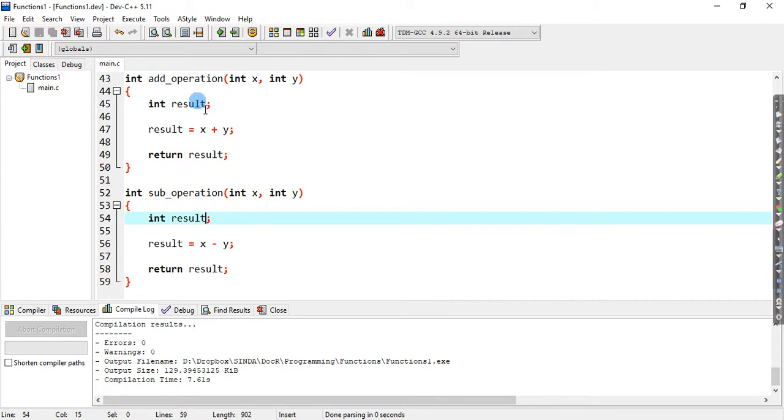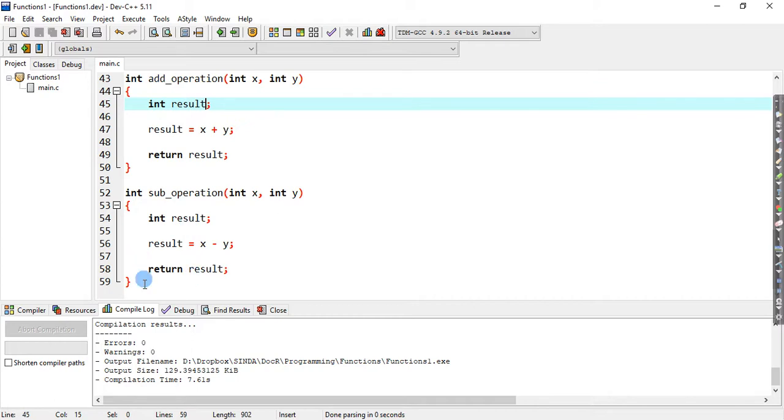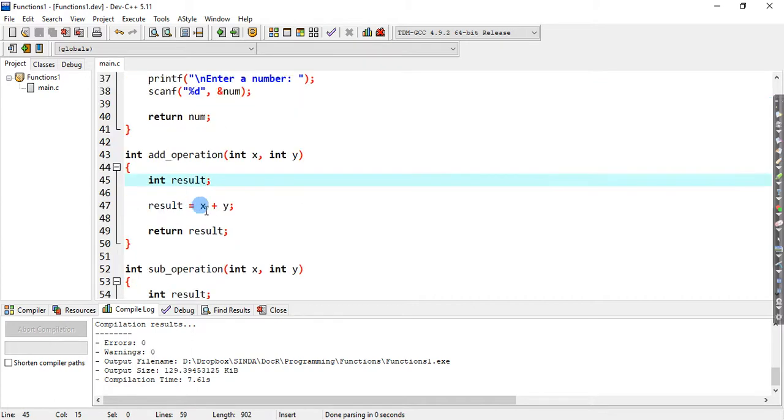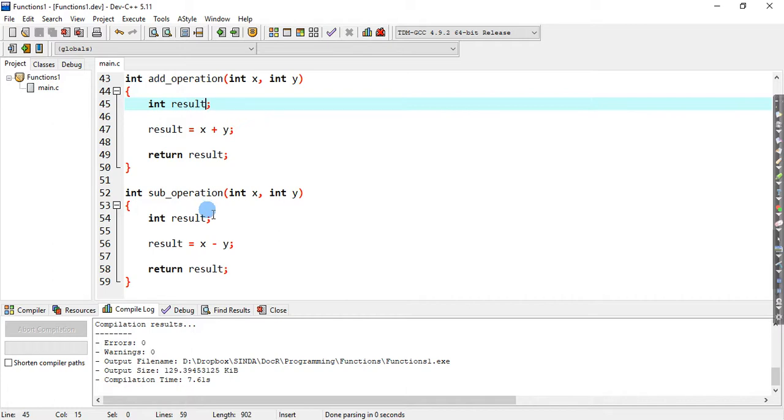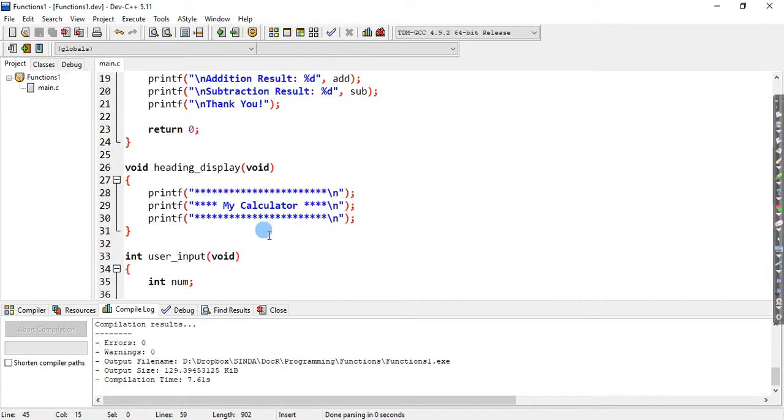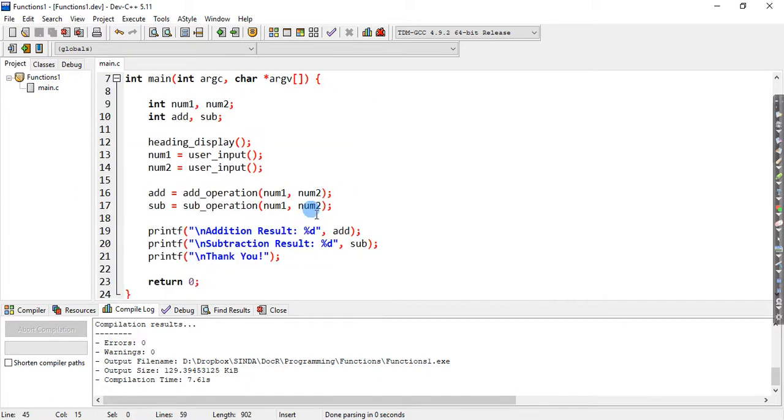So in this result variable, the scope is only within the add operation function, while this sub operation function has this result variable that only resides within this function. So they are both two separate variables, even though they have the same name. So I hope this has given you a good idea on how we can structure a program and break it up into modules to make it more readable and more easily extendable in the future. So when you want to add a new operation, you want to add more in